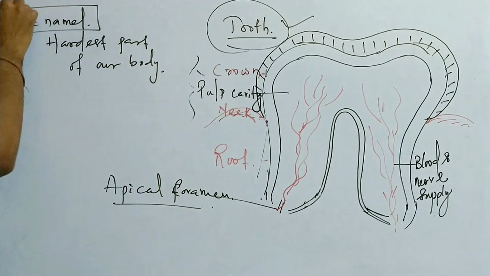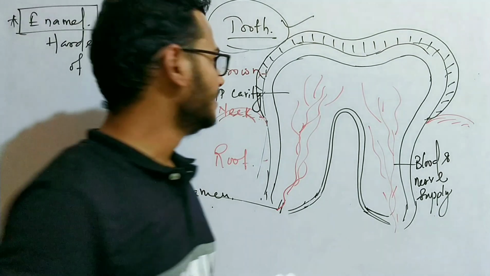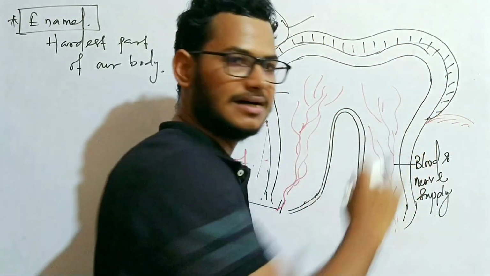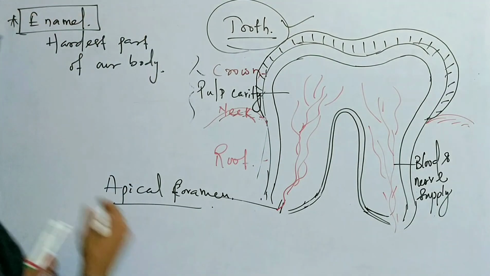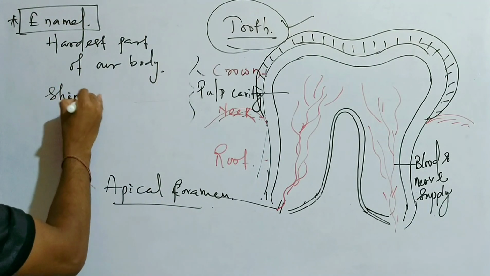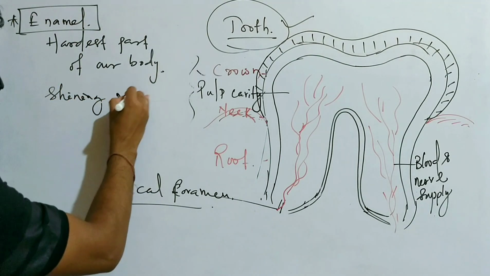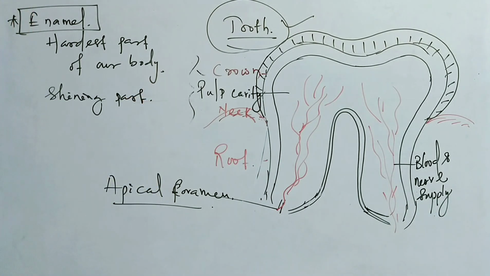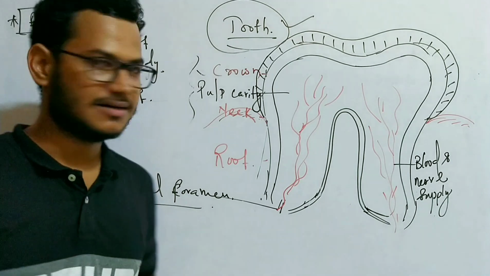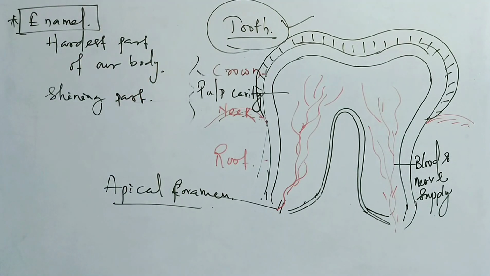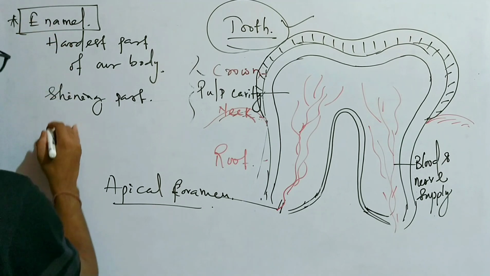So enamel is the hardest part of our body. It is present above the crown region, and it is the shining part of the tooth that makes our tooth shine. It looks white due to the presence of enamel. And remember, this enamel is